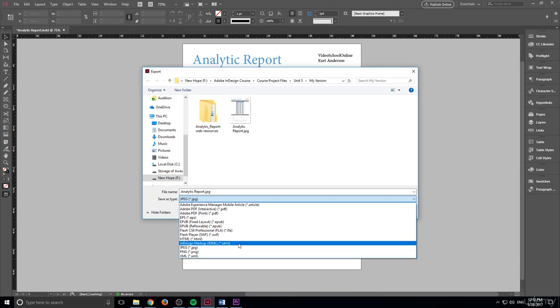InDesign markup language right here. This one will save it in the InDesign markup language, and this is good to save for the past. So if you're planning on opening this up in CS6, CS5, or CS4, save it in this one, because all three of those will actually support this document, meaning that you can save now and then import it later into